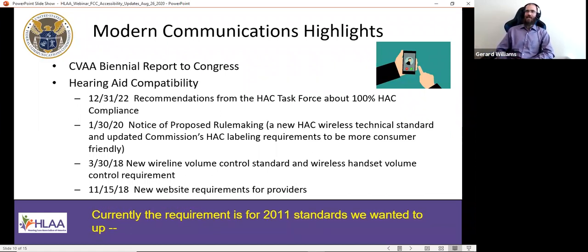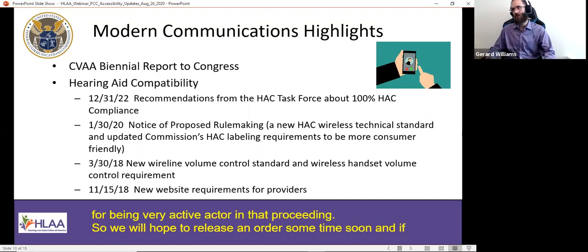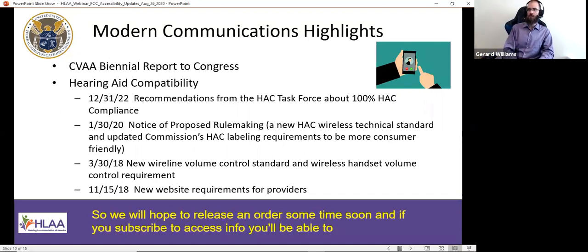We also wanted to update the labeling requirements for HAC device packaging to ensure that people can understand what standards apply to that hearing aid compatible equipment, whether this is a 2011 or 2019 standard. So we collected comments from you, and thank you to HLAA for being a very active actor in that proceeding. So we will hope to release an order sometime soon, and if you subscribe to Access Info, you'll certainly be able to get notified that that order is available as soon as it's released.